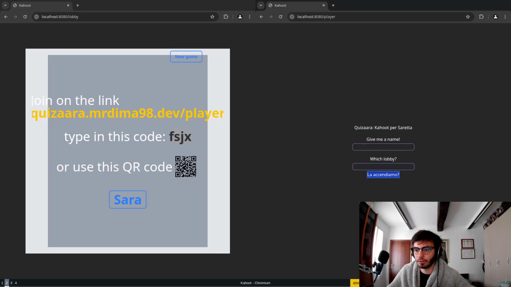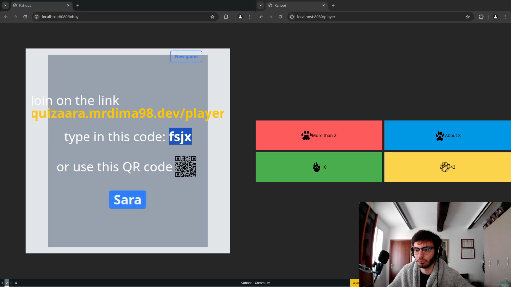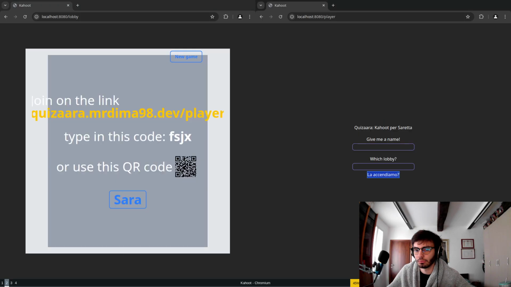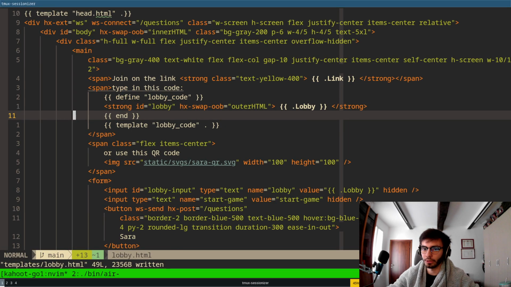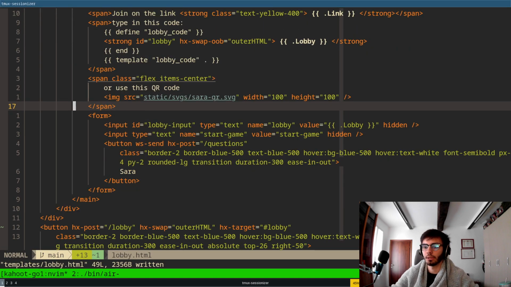Let's take a look if I reconnect as John. Okay, so there's one little step extra to be done. But the way in which I'm not loading the page to make sure that this goes through is simply to click a button over here. Because